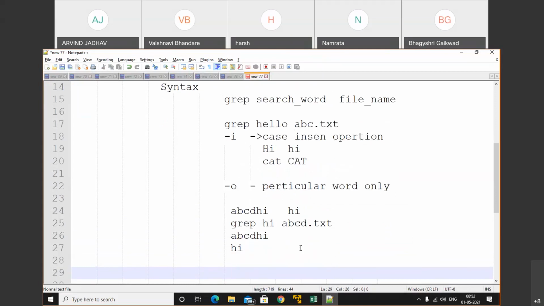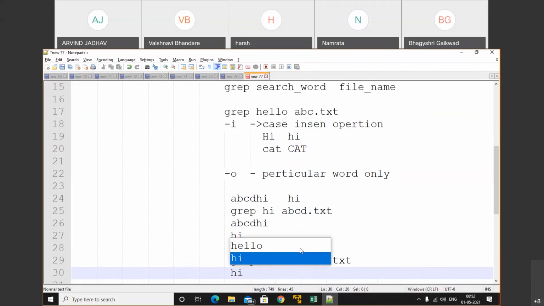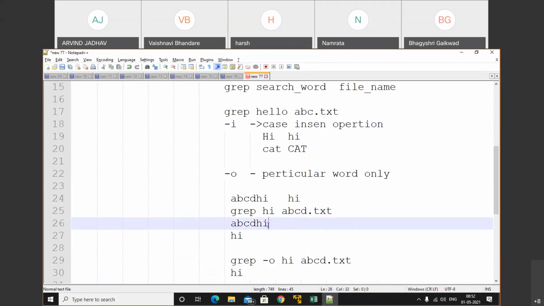But when we perform the same operation by using option i and option o, then we'll get only that particular word. In that case, we'll get only hi. We did not get the ABCD hi. So hyphen o stands for only word. It will find only that particular word.